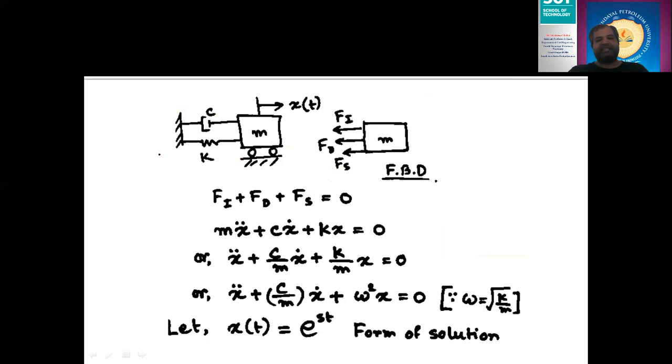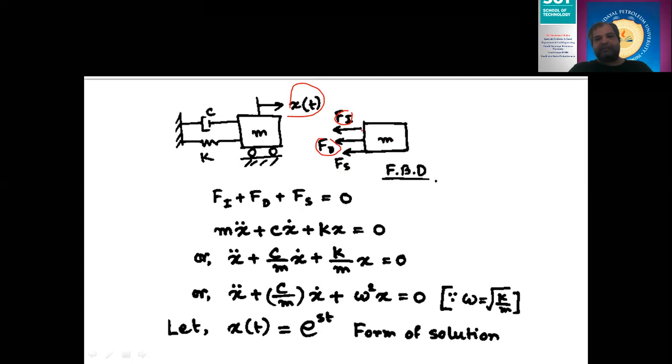Now let us analyze this particular solution and find out. As I've said, I've connected this particular mass with the damper and the spring, which have a total displacement of x of t. Let us assume that, and let us try to draw the free body diagram. So if I'm taking mass m here, on this mass an inertia force Fi is going to act. That is our first. Second, the spring is connected, so Fs will come, and similarly the damping will come, so this value of Fd will come. So this is my free body diagram.